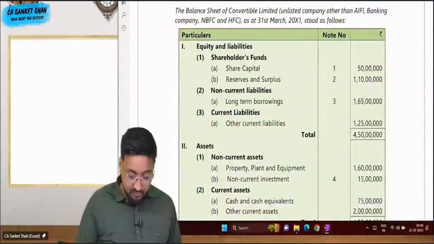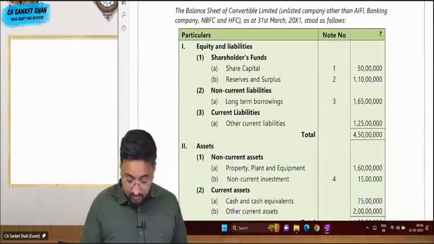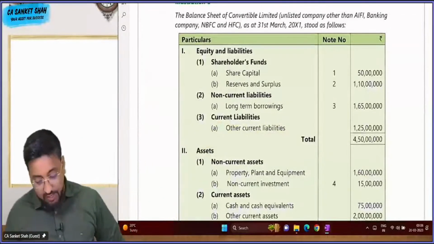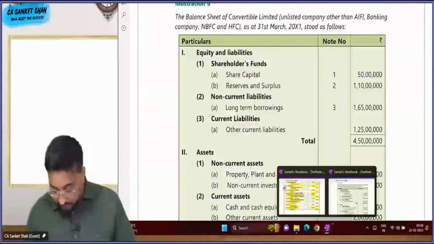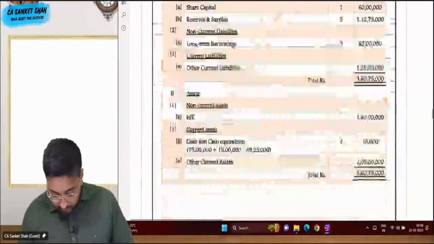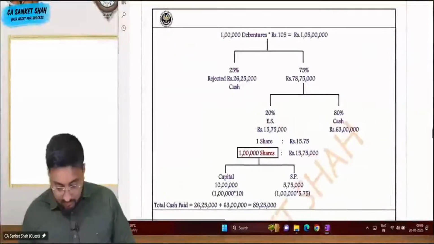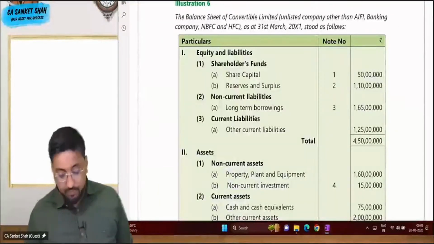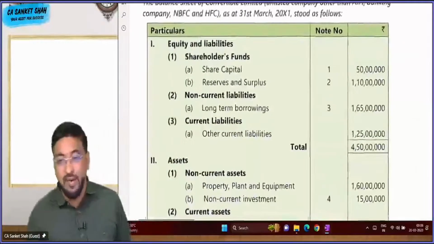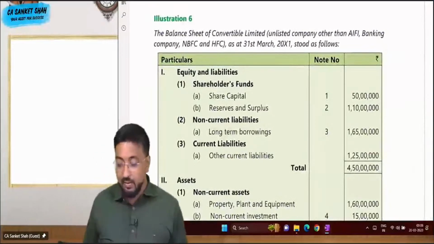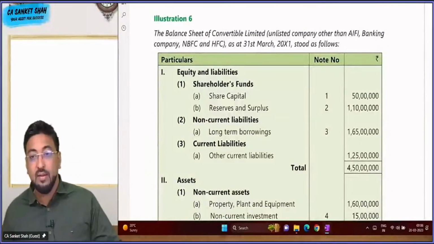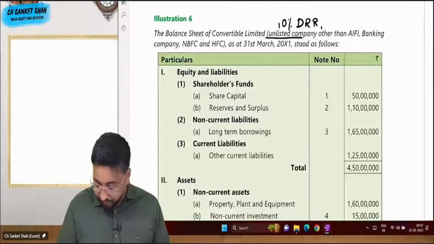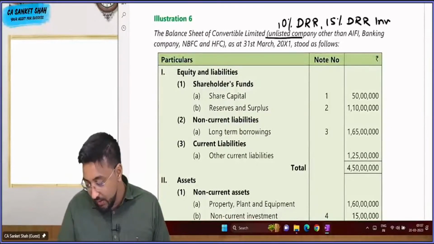6th one, yes, very good. 6th number, सिक्स नंबर, मस्त क्वेश्चन है ये भी। द बैलेंस शीट ऑफ कन्वर्टिबल लिमिटेड, अनलिस्टेड कंपनी, अदर देन AIFI, 10% DRR, 15% DRR इन्वेस्टमेंट। सर लिख लो ये, फटाफट लिख लो।